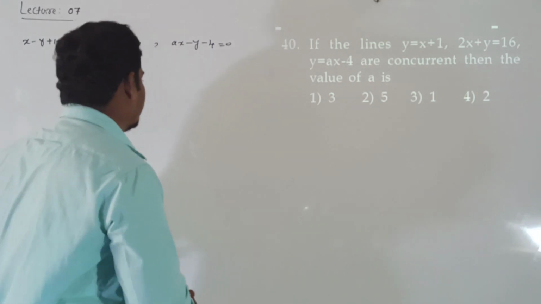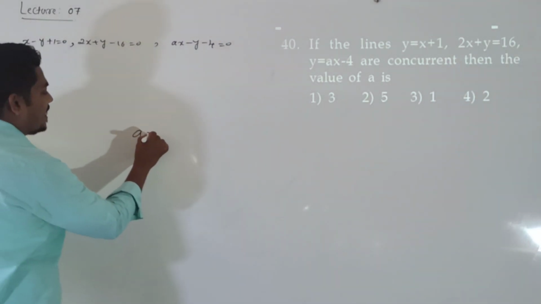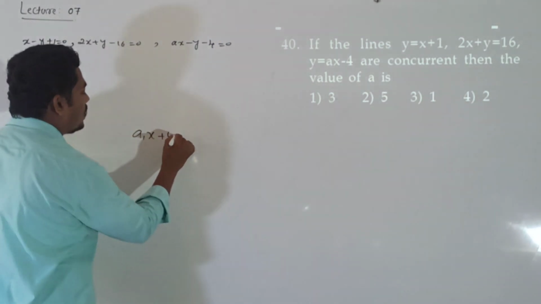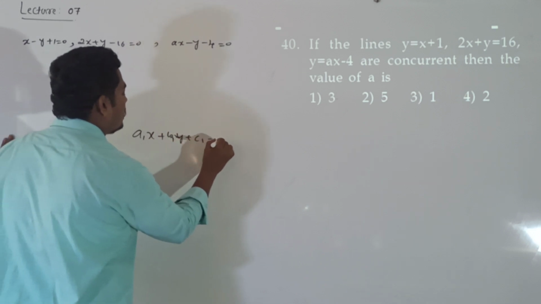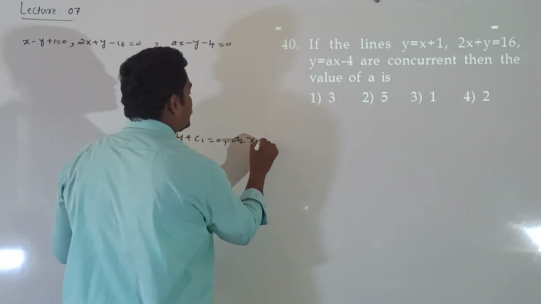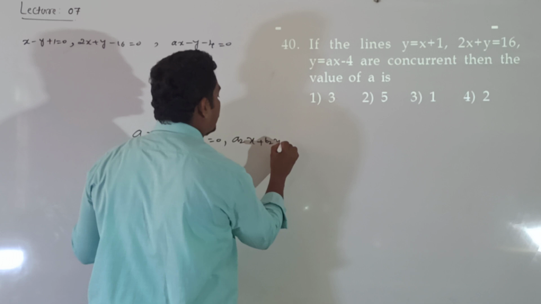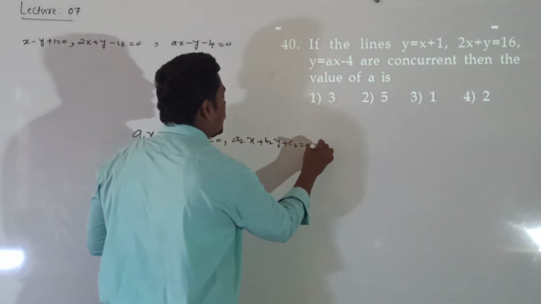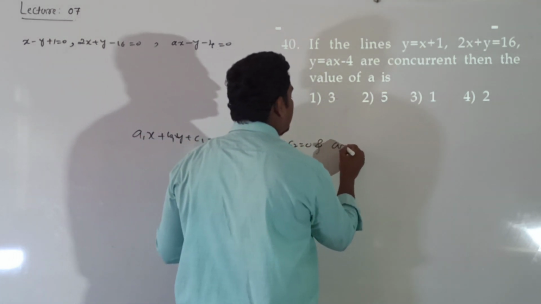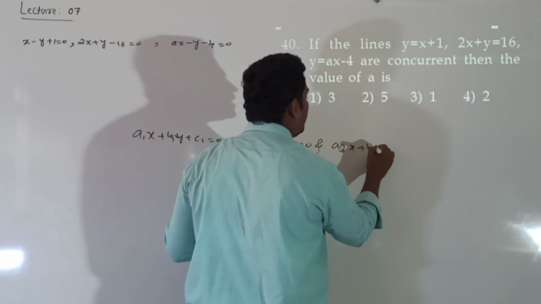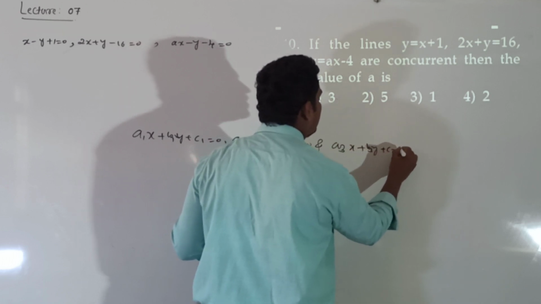Already we have one condition. If these three lines a1x plus b1y plus c1 equal to 0, a2x plus b2y plus c2 equal to 0, and third line a3x plus b3y plus c3 equal to 0,